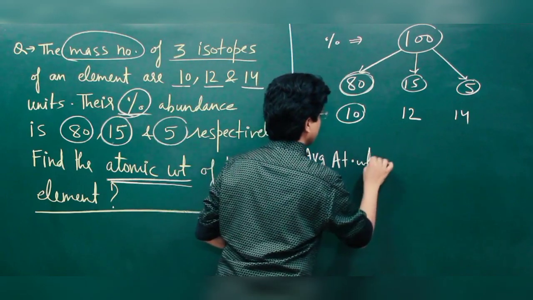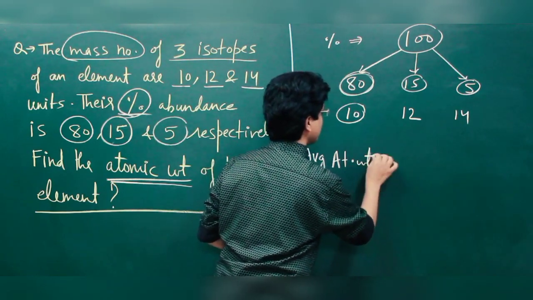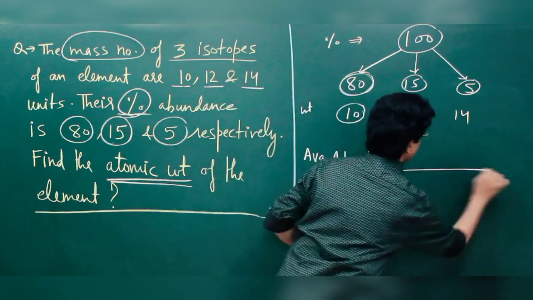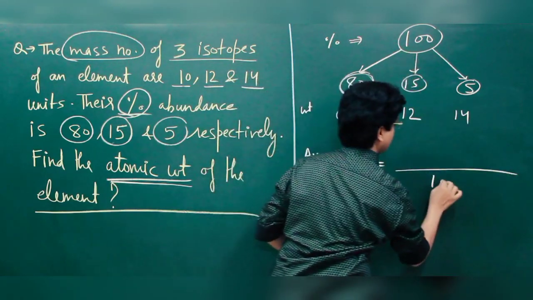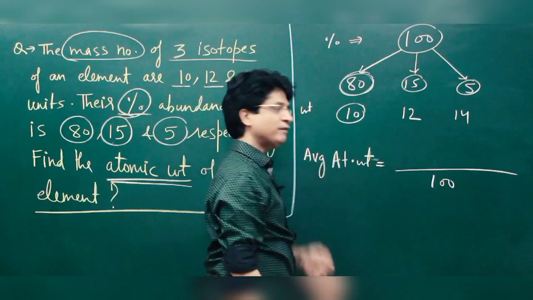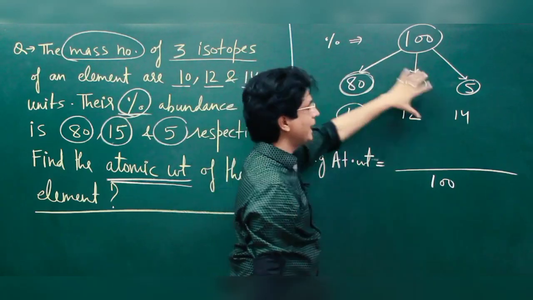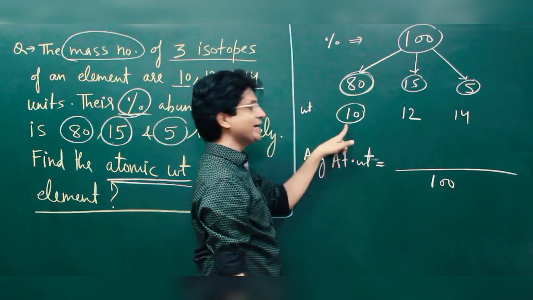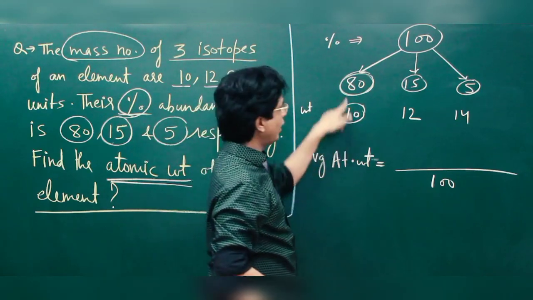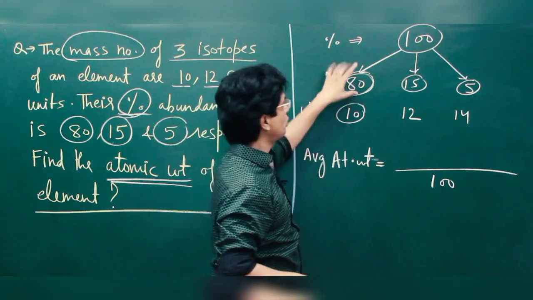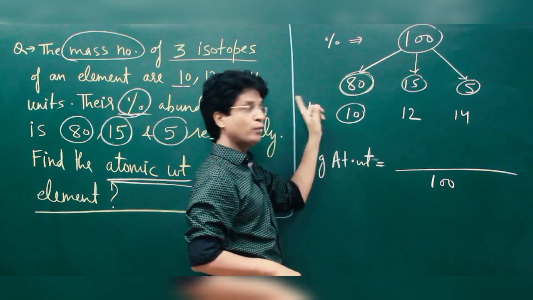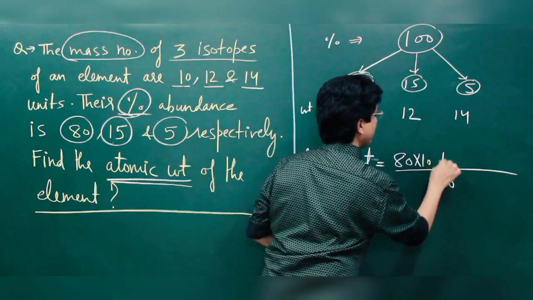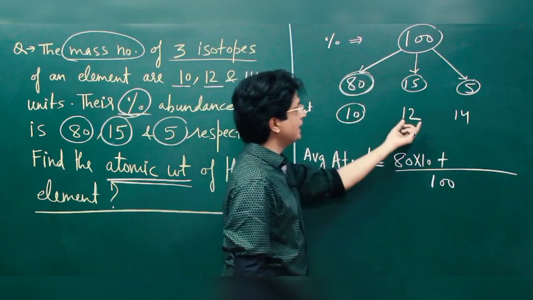atomic weight. Average atomic weight, students, is what? Total weight upon total number of atoms. So the total number of atoms is 100. So the total weight will be the weight of all the atoms combined. So the weight of one atom of this isotope is 10. How many of them are there? 80. So the total weight of 80 atoms will be 80 into 10